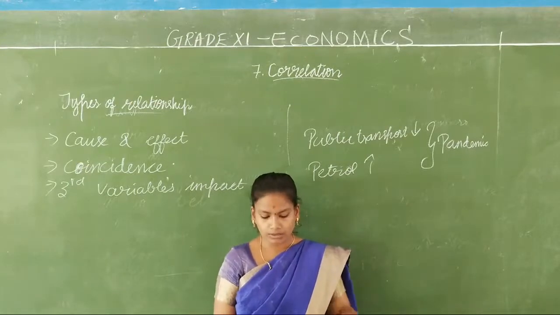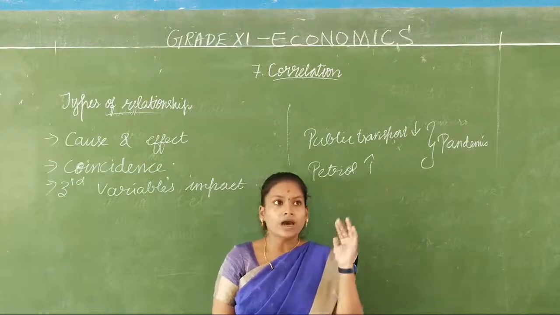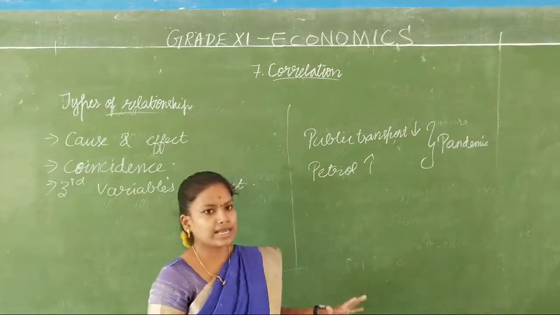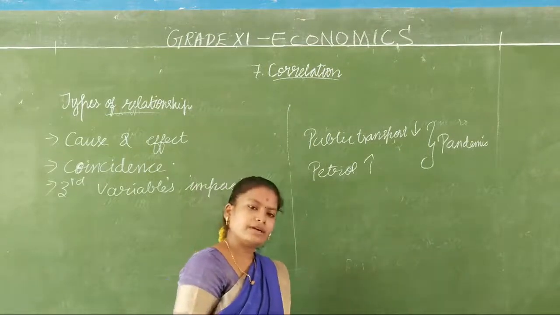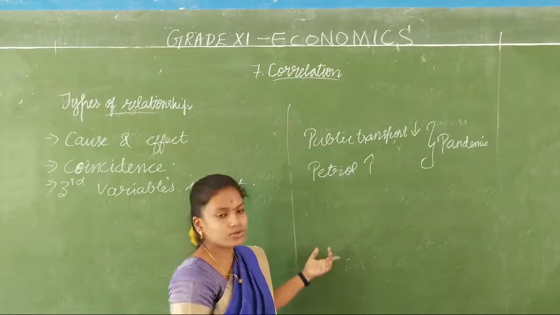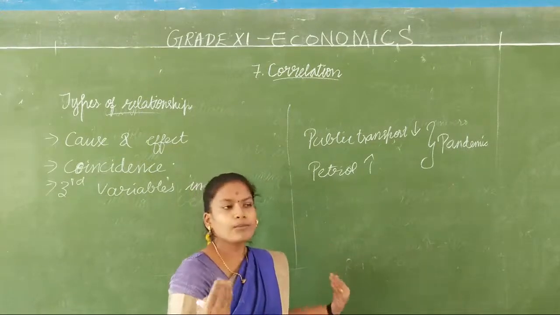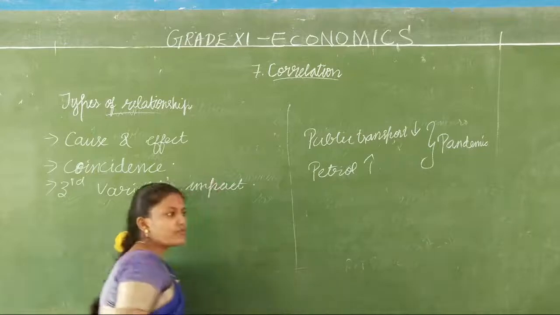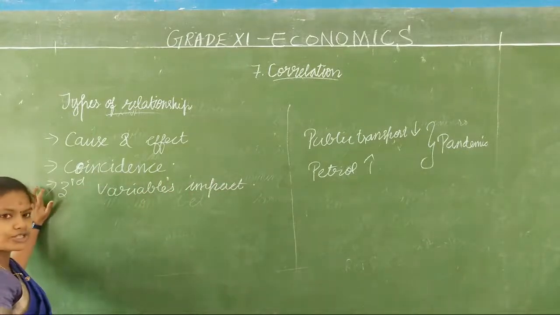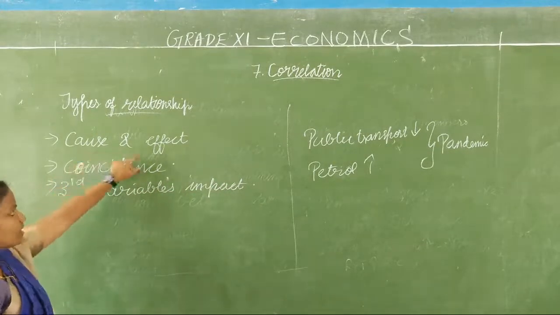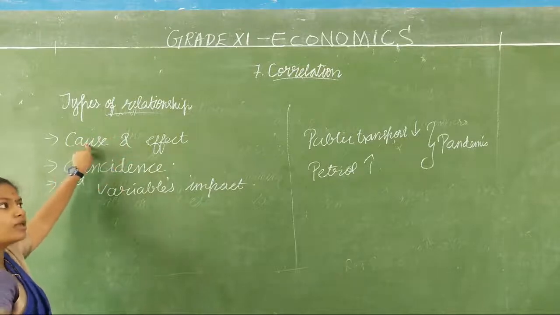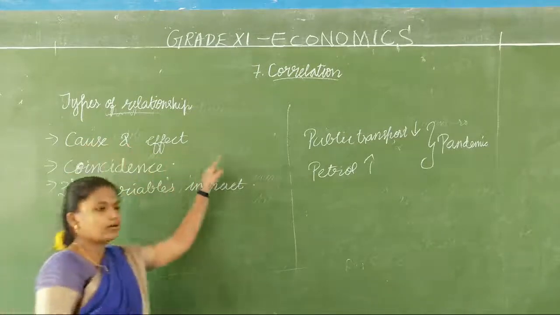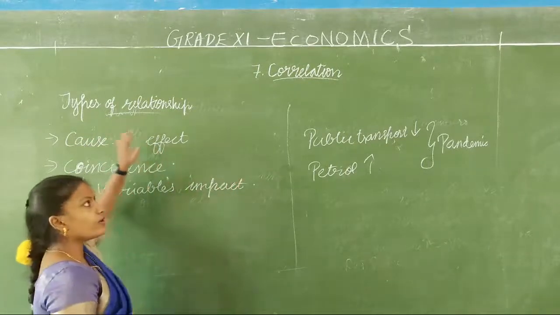I hope you can read it and understand it. I have not given examples from your book. Extra examples, trying to find some examples for all these three types of relationship. What is that? Cause and effect. ஒரு வேரியபிள் எதுவோ இருக்கிறதுனால தான் இன்னொரு எஃபெக்ட் அதுக்கு கிடைக்குது. So for example